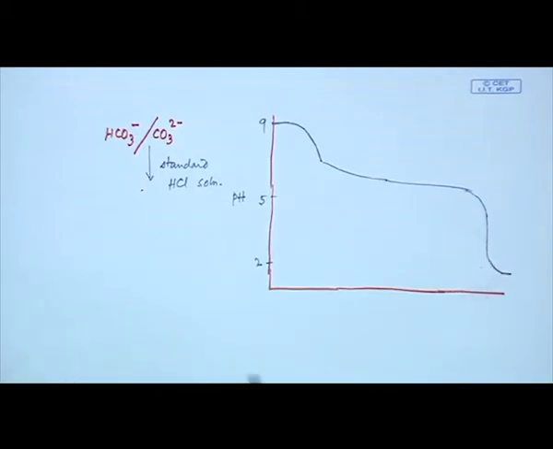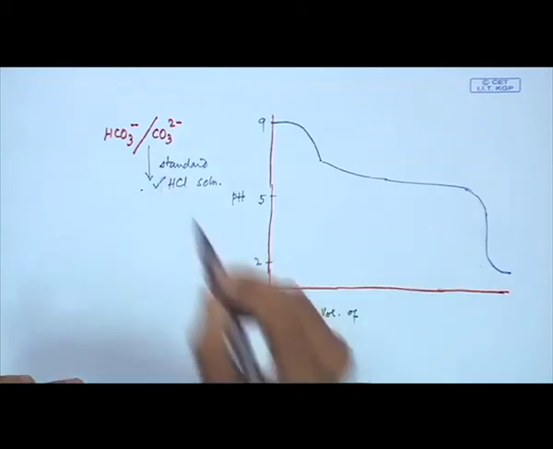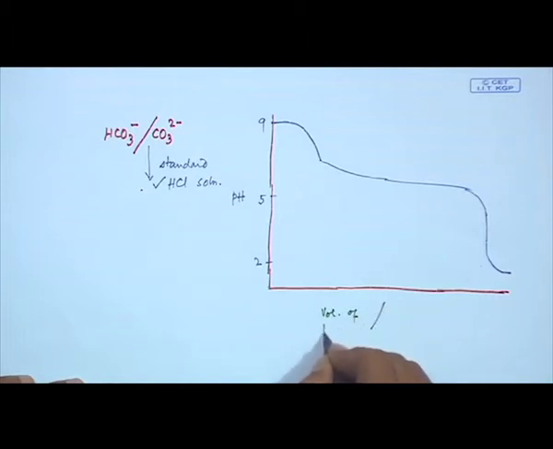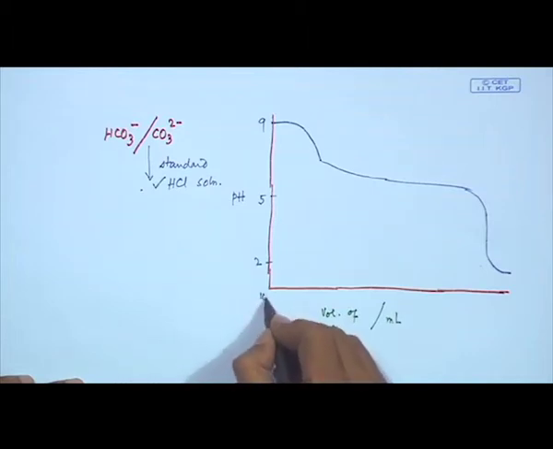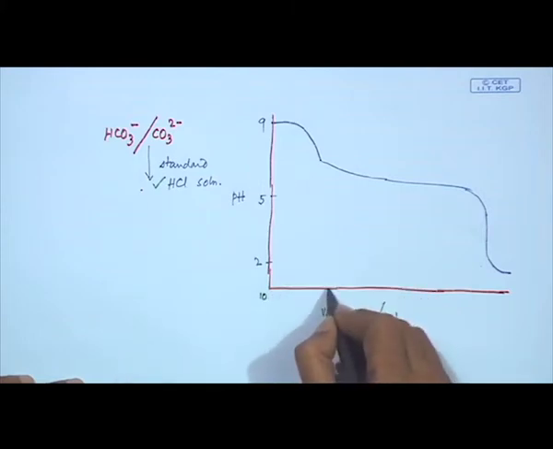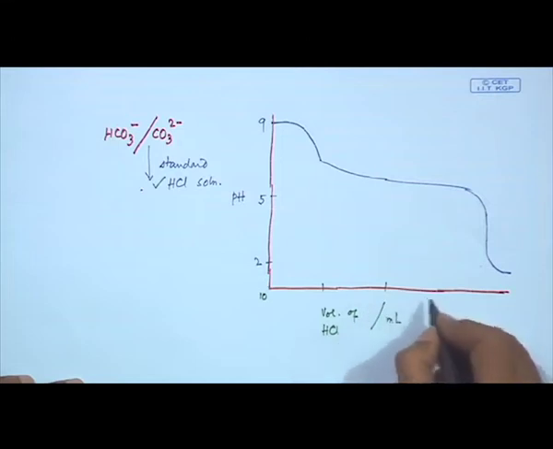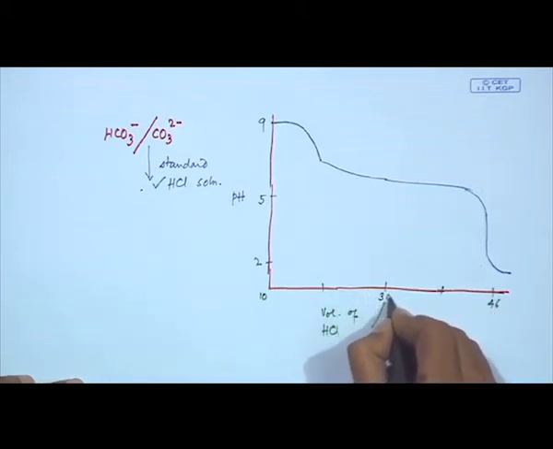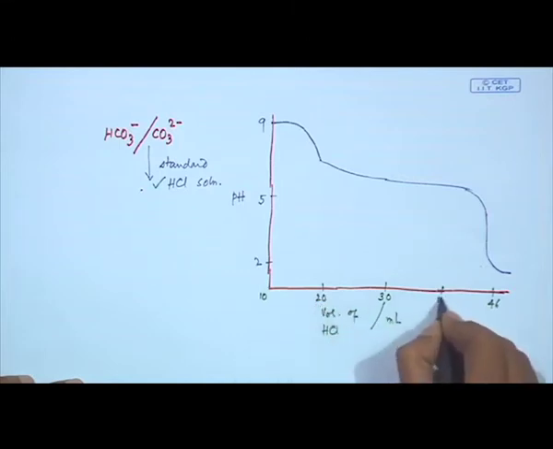a very good change. What we get there is the corresponding volume of this acid that you are adding, in milliliters. So, the volume of HCl we are adding in milliliters. It is not showing 0 to 10; from 10 it changes, and this is 20, then 30, then 40, and between 40 and 46 are the actual values for that. This is 30, this is 20, and this is 40.